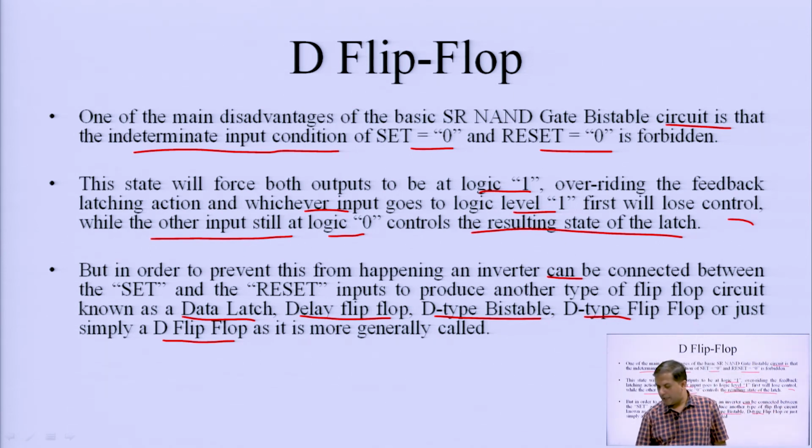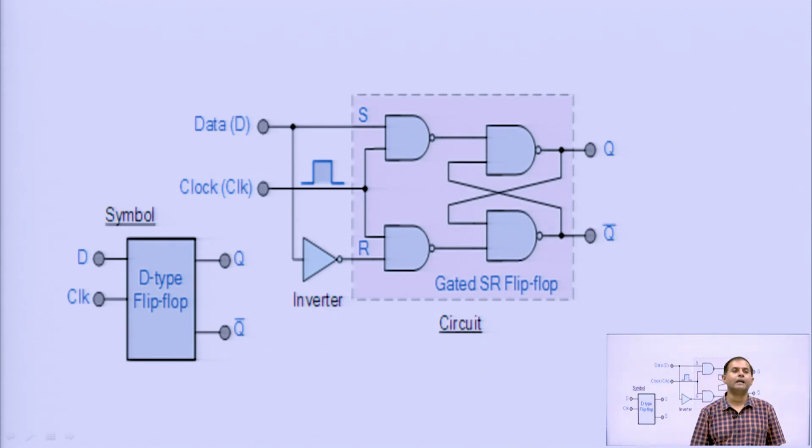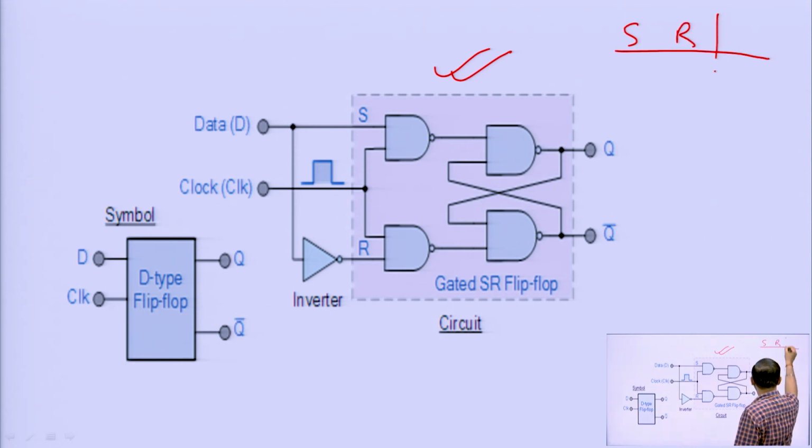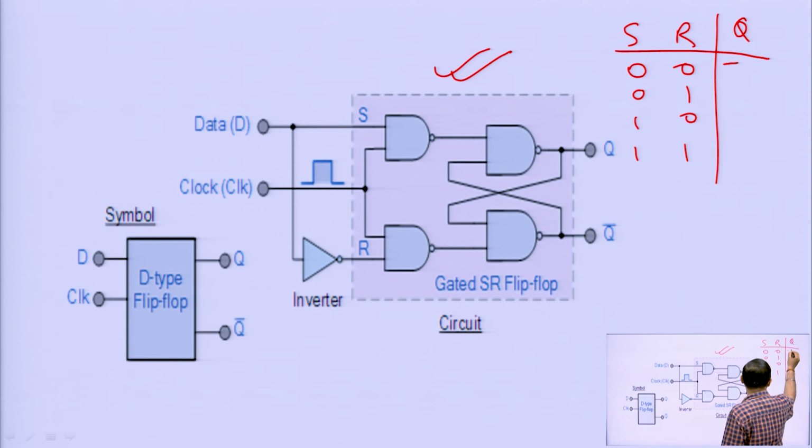So, now we will see the D flip flop. See, this is the diagram of the D flip flop, it is nothing but the SR flip flop. Here this is S and R, but what we are doing is one input D is connected directly to S, and its complemented form, meaning through an inverter, is connected to R. So, let us check the output of this. For SR we know 0 0, 0 1, 1 0 and 1 1. So, when both are 0 then invalid.